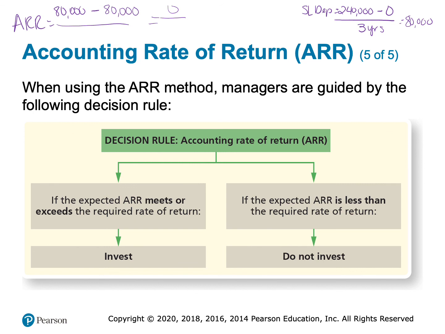Even though it was bringing in $80,000 of net cash inflow every year, we're immediately writing that off in terms of depreciation, so we would expect to see 0 change in our income statement. Now that's not necessarily a bad thing, right? The more net income you have, the more taxes you have to pay. Here we're getting $80,000 in cash flow off of this, and we're not having to pay any taxes on it. So, I mean, this isn't necessarily a bad thing, but we do need to know going in that,